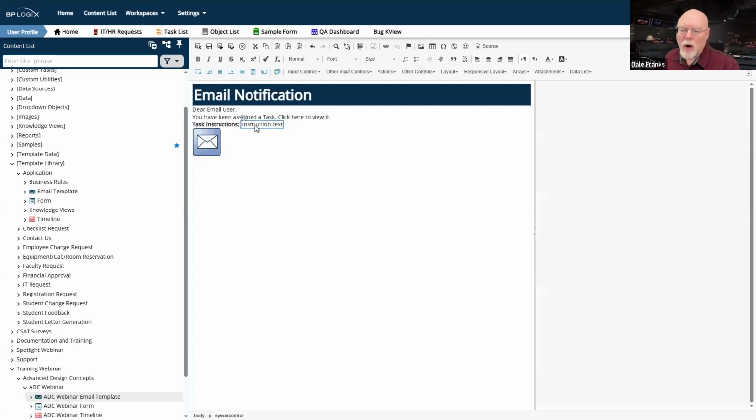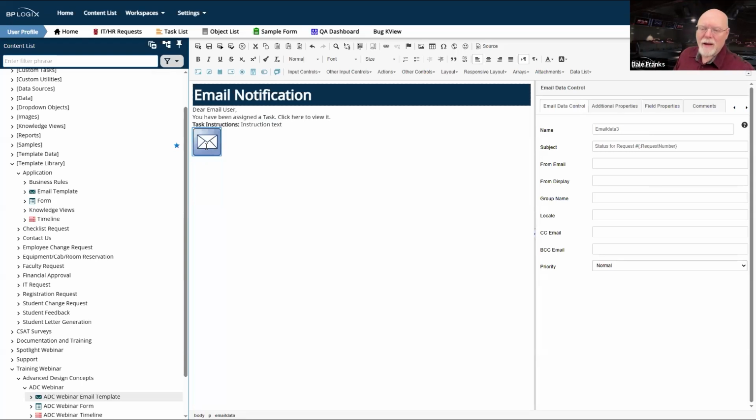We'll talk about the instruction text more whenever we look at the process timeline. But you do need, as a best practice, to provide task instructions for every user activity. You don't have to fill out task instructions for everything, but for user activities, you really do, so that you give the user some indication of what it is that they're supposed to do.